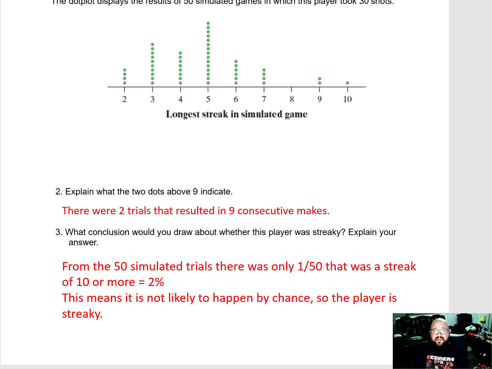Again, your significance level of 5% is what you're always going to have in the back of your head. If they don't give you a significance level, you use 5% to determine whether the player is streaky or not, in other words, whether you go with the null hypothesis or the alternative hypothesis. I know it's jumping ahead a little bit, but we're introducing that thought process because we will go into it in much more detail moving forward.